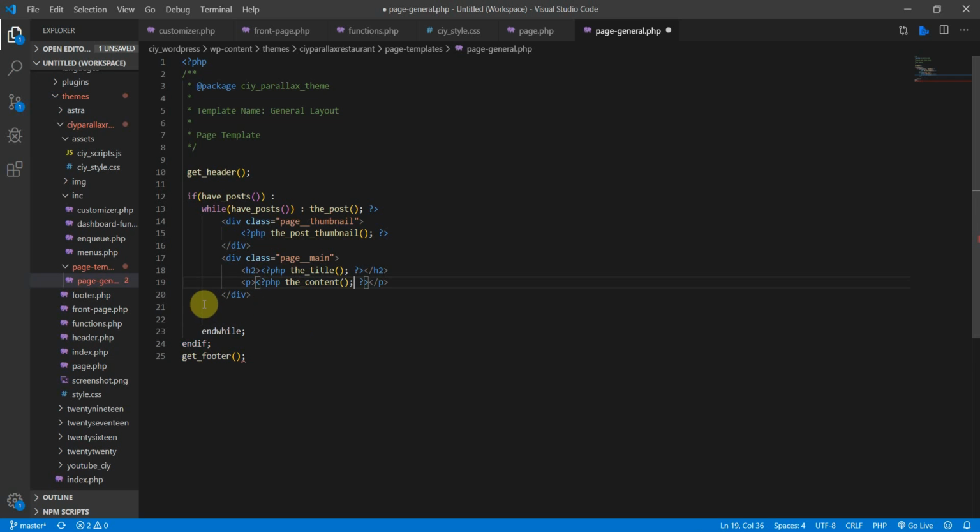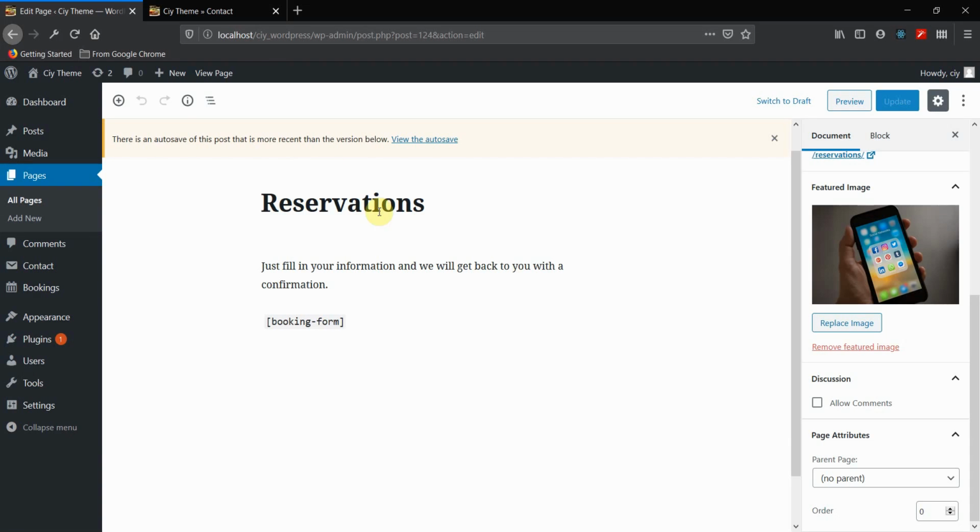Okay, and down here let's open up our PHP tags again. Okay, and then let's make it a little bit better looking like that. All right, so that's that. Let's save it. Now let's head back to our backend here. Let's refresh this,